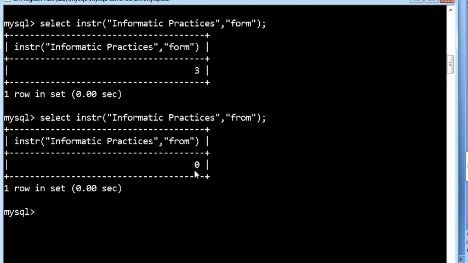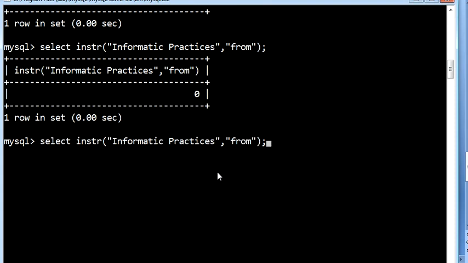Now let us try some more examples. Instead of a word, I want to search for a character like A. In Informatic Practices, how many A's are there? One A is here and one here, so 2 A's are there.